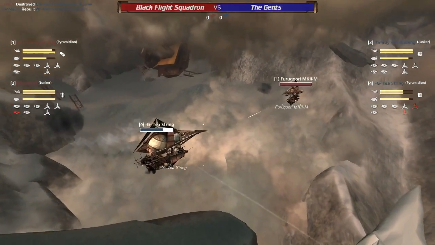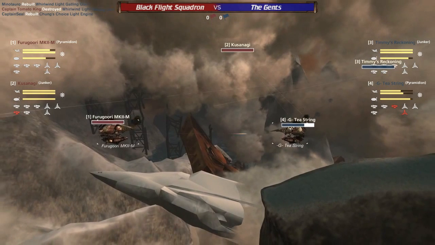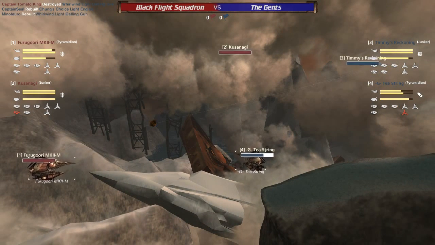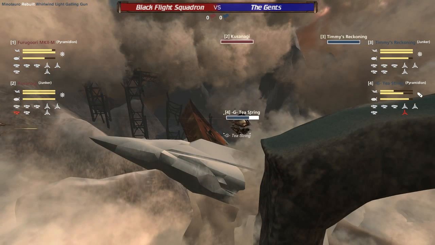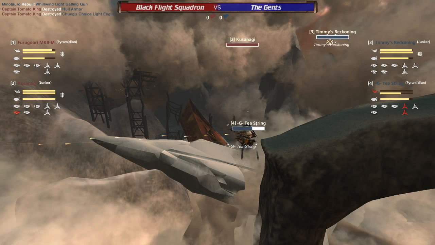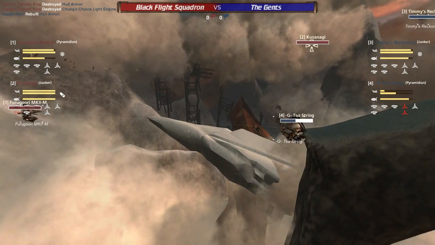Interestingly, he might not be able to keep up this charge on the Furuguri as the Kusanagi continues to rain in fire on the T-string. Trying to get some of those engines rebuilt as the guns were not taken down. Hull armor going down now on the T-string. And permanent damage coming in both from Kusanagi and Furuguri, and it's kind of caught out in the middle